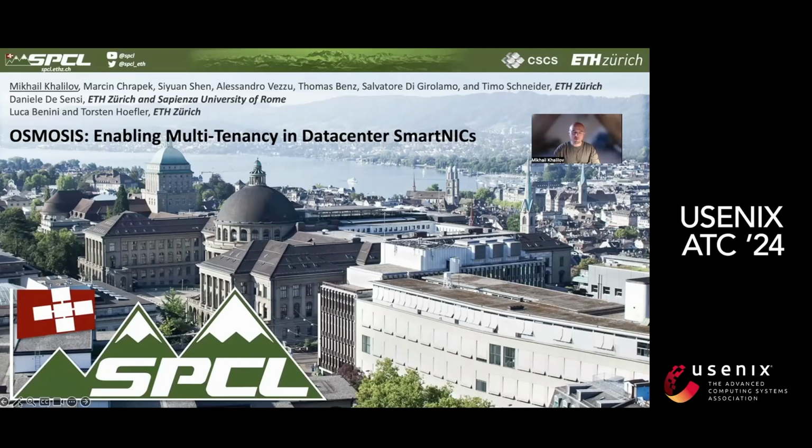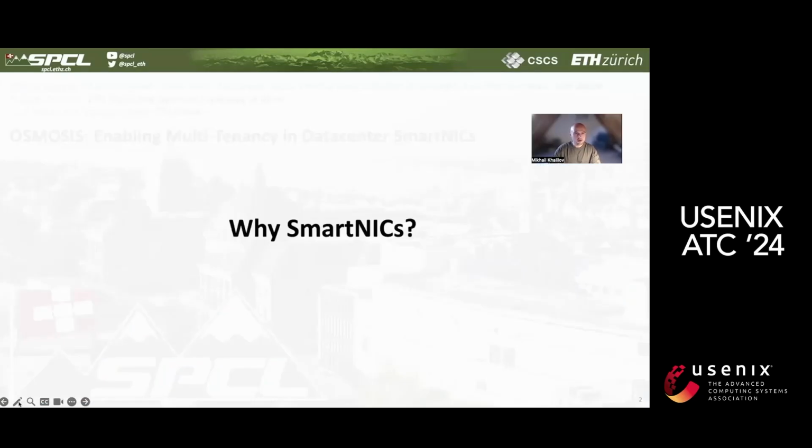I am from the Scalable Parallel Computing Lab in ETH Zurich, and I'm extremely happy to present you our work on the efficient hardware resource management for the SmartNICs. This work is a collaboration between the ETH Computer Science and Electrical Engineering departments and Sapienza University of Rome. In this short introduction, I will discuss the importance of SmartNIC acceleration in modern data centers with respect to our